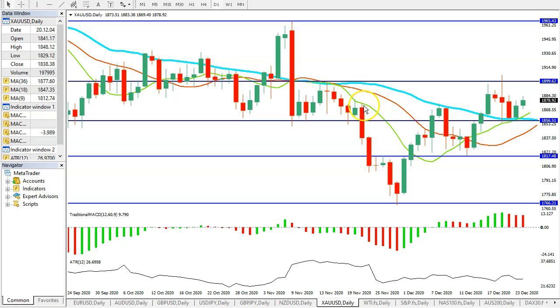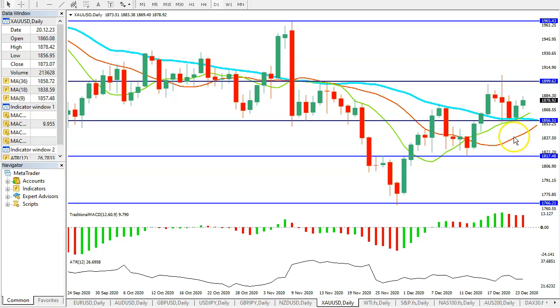On gold, the prevailing trend remains downwards, but we start having a sideways move, so we need to be careful here. We will be looking for short setups around this resistance level here. As we see, this is a rather strong level, so the price could bounce from here and continue moving lower,